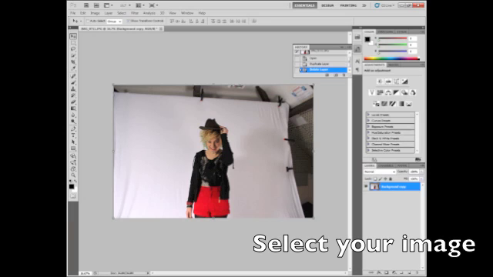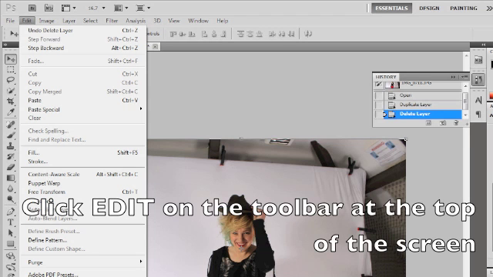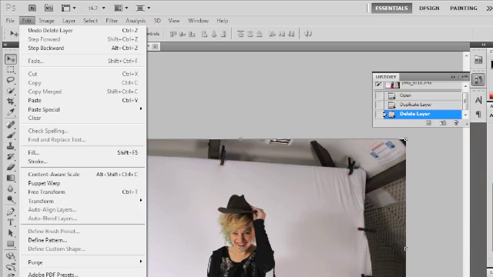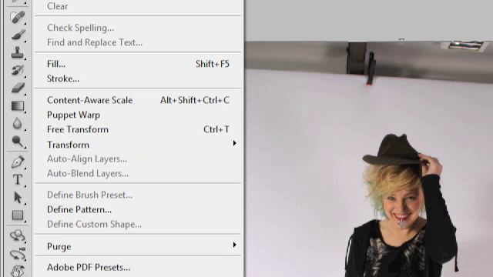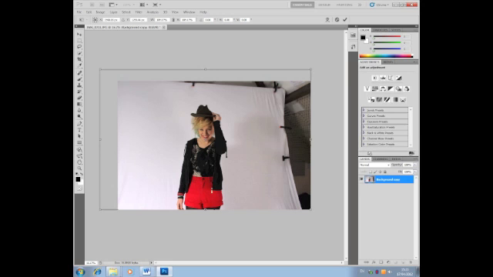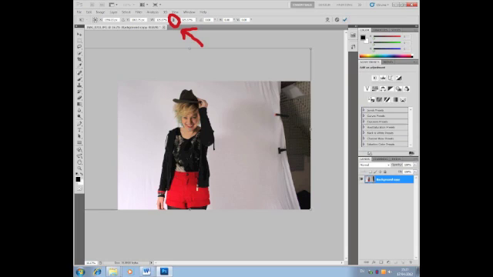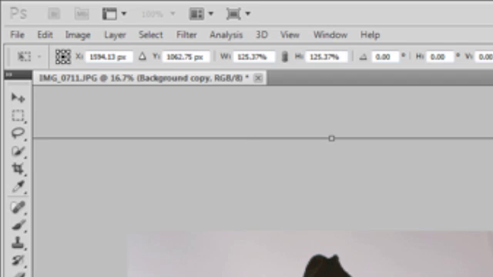This is how I resized an image in Photoshop. I selected my image and then clicked on the edit button on the toolbar. Then went down the drop menu and selected Free Transform. Hold down the Shift key on your keyboard as you drag the image from one of the corners to maintain the aspect ratio of your image, or you can click the button underneath your toolbar that will appear once you have checked the Free Transform tool, which looks like a chain in the figure of 8, and this will do